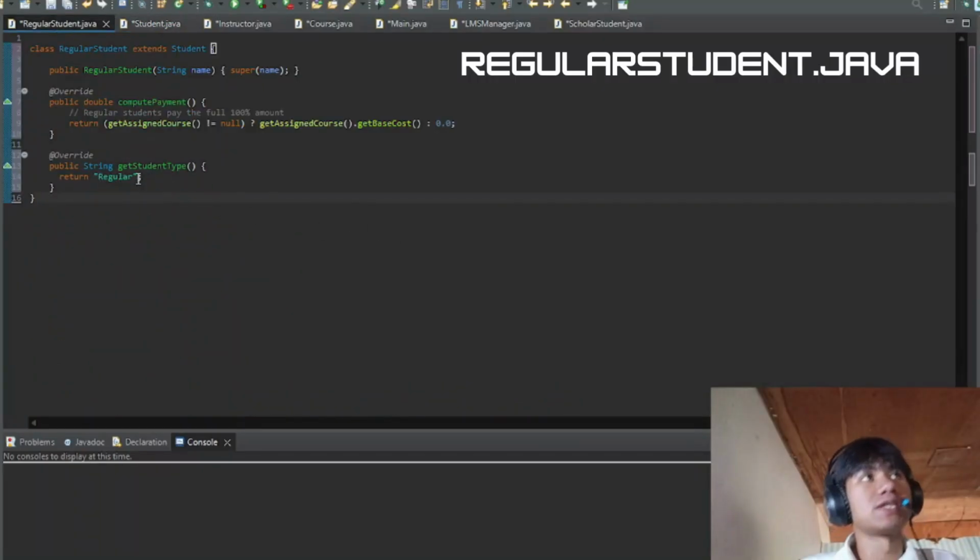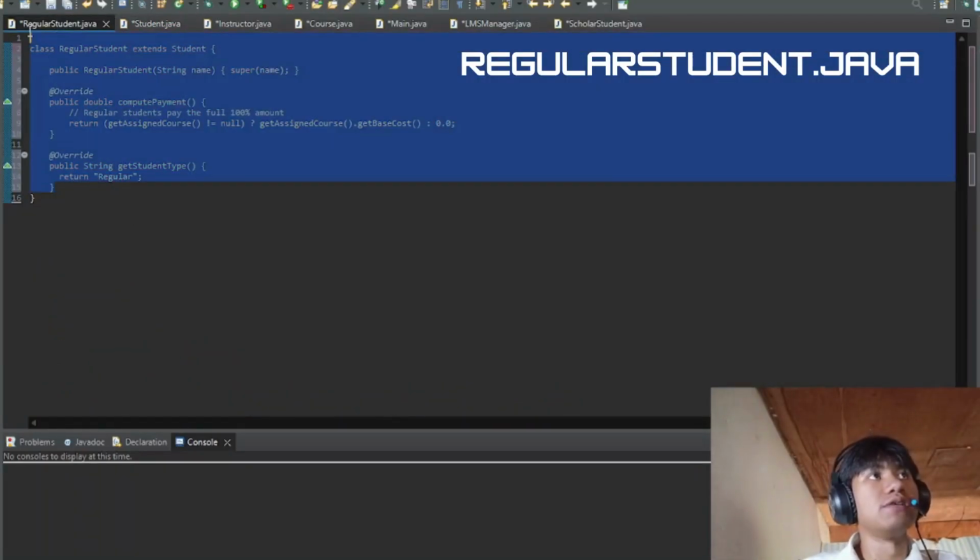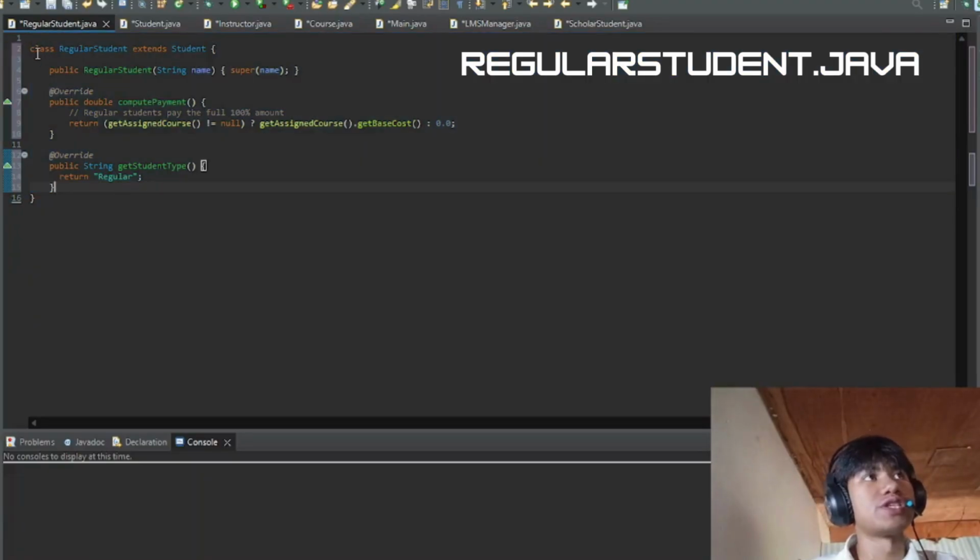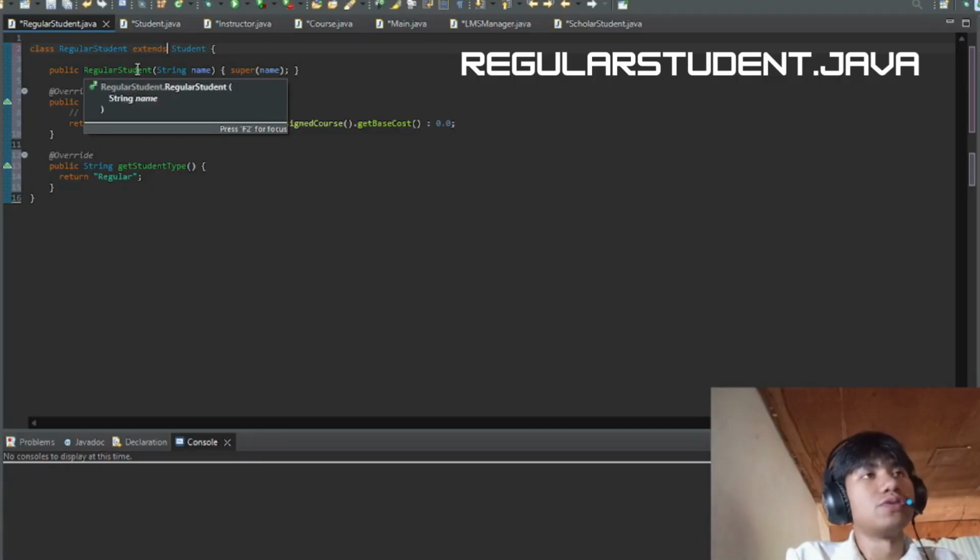For the next class we have RegularStudent, which extends Student. So Student and RegularStudent have an inheritance relationship, in which RegularStudent inherits all the attributes and methods from the Student class.